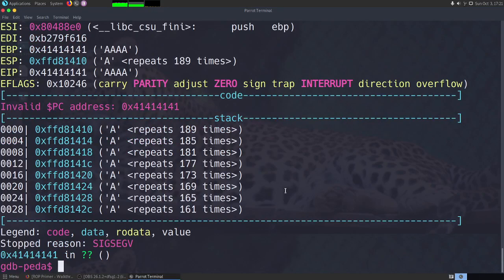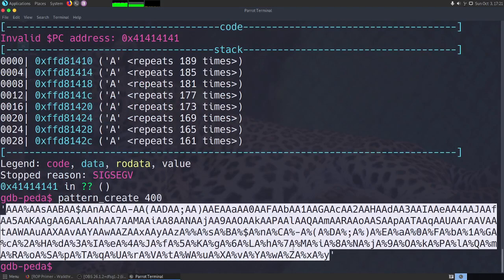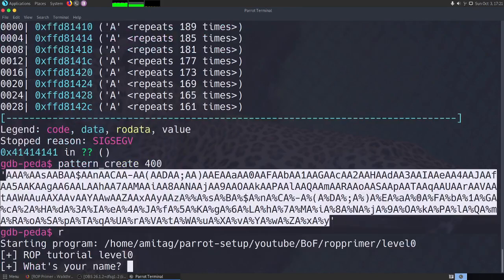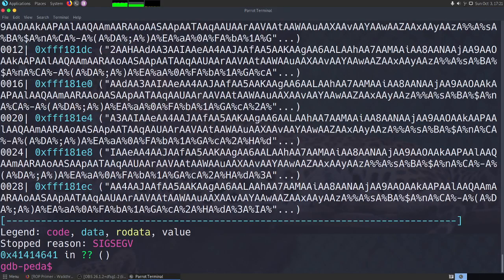What we will do is, as usual, by now you would have probably noticed, we will do a pattern create of, let's say, 400. This will give us a very unique string which will allow us to identify where the EIP is overwritten. Then we will run the program again, paste this in, and we get a SIGSEGV.